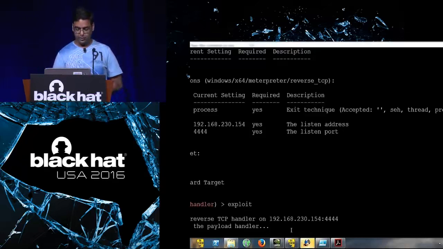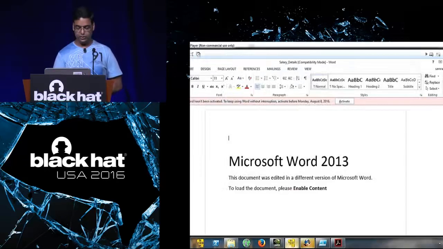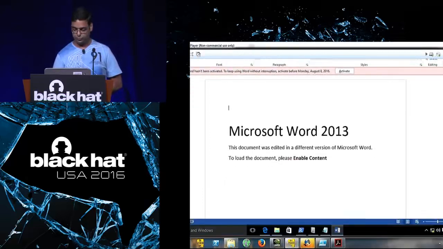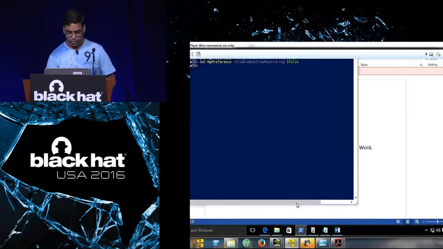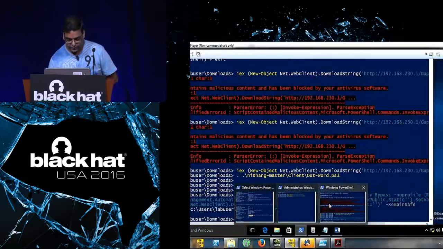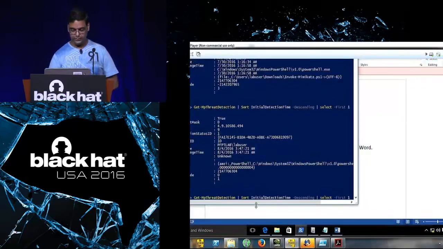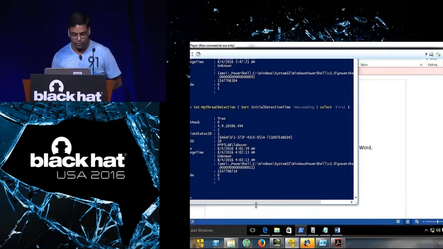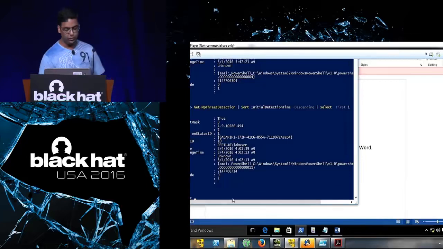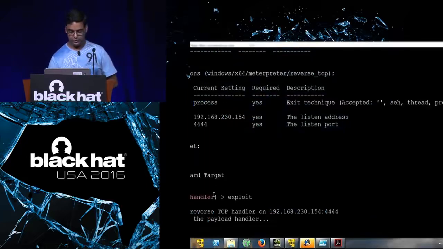Meanwhile the session loads, let's see if there was a detection. It's 4:13 a.m. on that machine, and the last detection was at 4:02 a.m. That means it was not detected, and hopefully